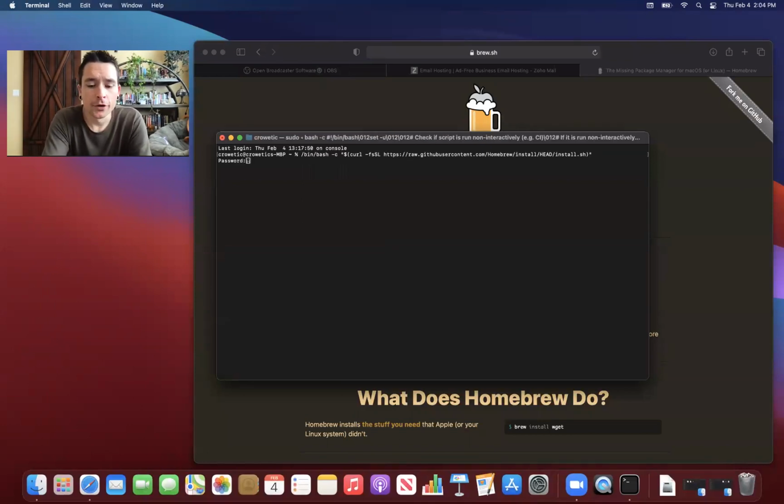It's going to ask you for your password. And now this is the password for your Mac OS. And when you type in the terminal, when it asks for a password, it will not show anything that you're typing. So no dots, no anything. So you're just going to type in that password